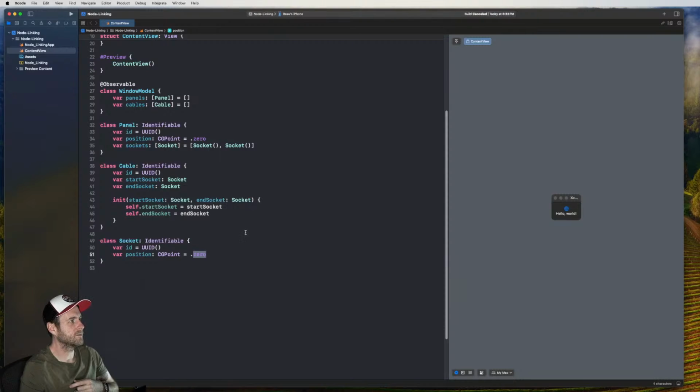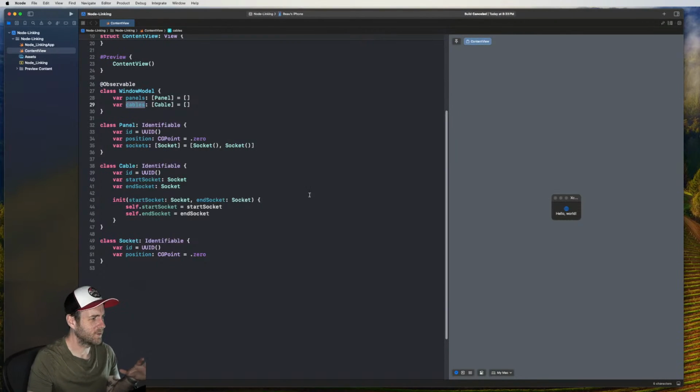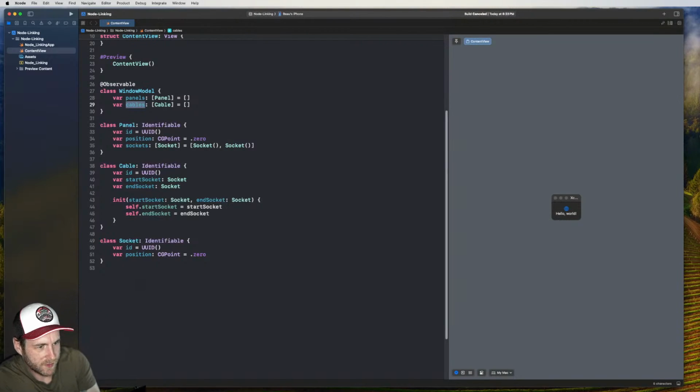I'm pretty sure it's in the entire window, which makes sense because the cables would need to be able to connect. They sit on top of the panels. This is all going to make so much more sense once we actually start getting some stuff in the UI. Okay, so